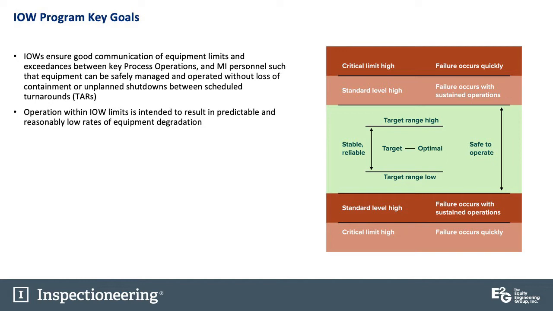Now, with some IOWs, they don't necessarily have a target range. They might just have a high limit, like tube skins on a heater tube. But the same concept applies. You probably want some conservative limit on the high side that will ensure long furnace tube life, and then as tube skin temperatures get hotter and hotter on those furnace tubes, you want a higher level of engagement and a quicker response time to the issue to prevent a failure.